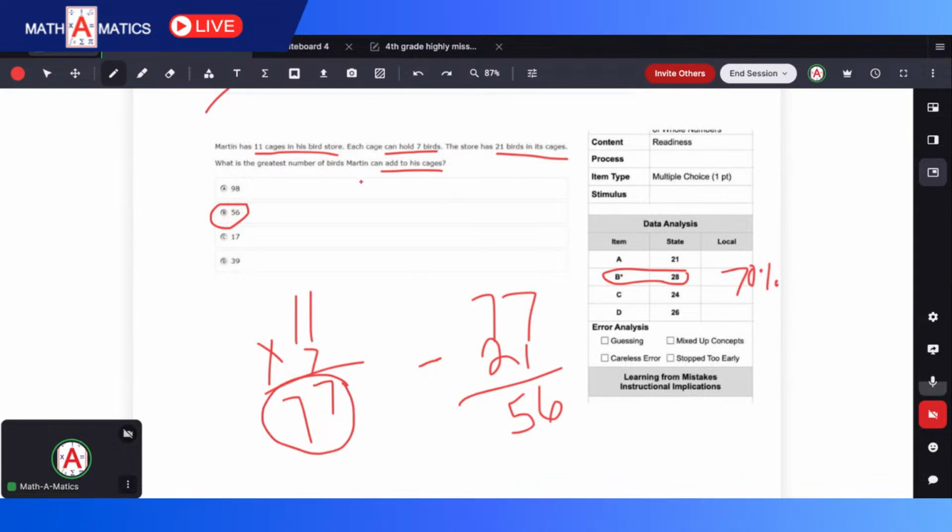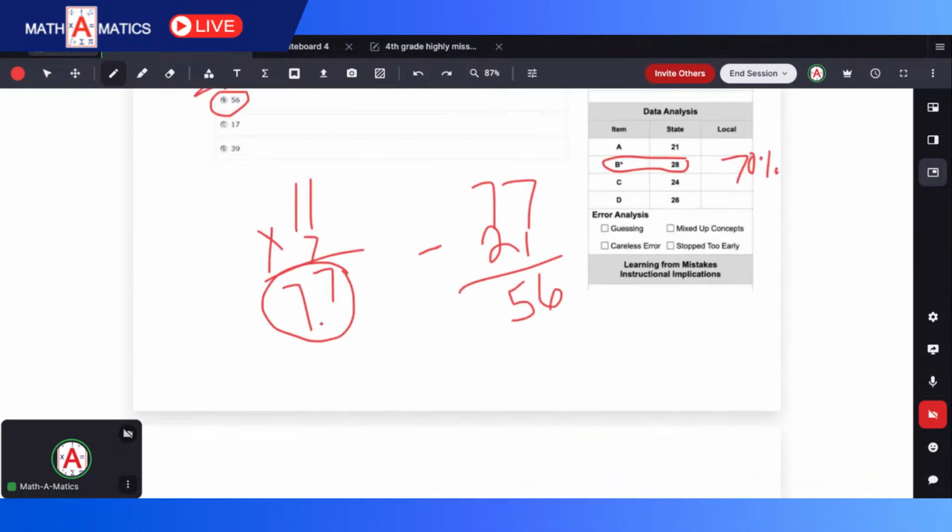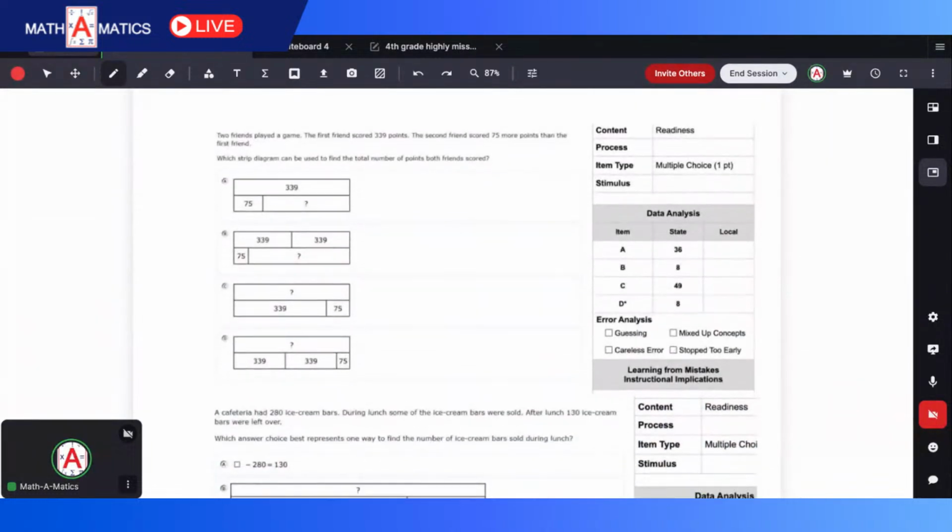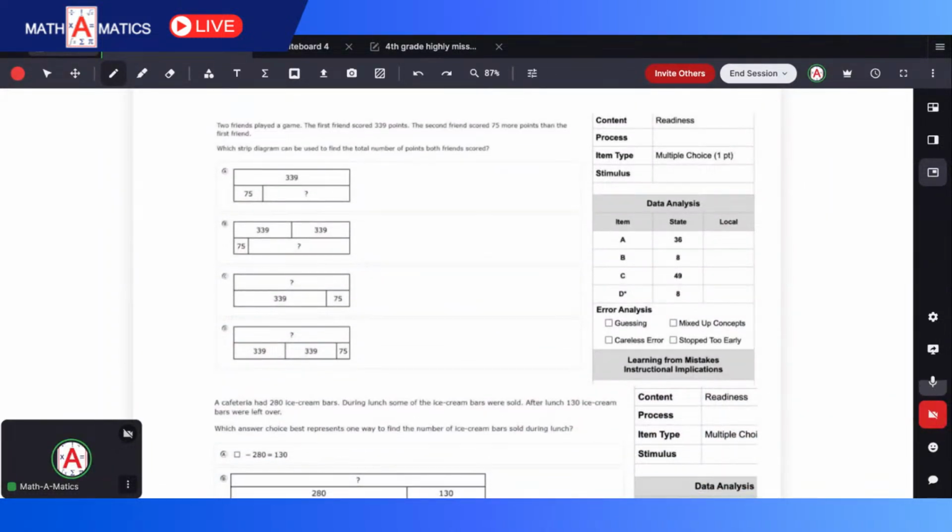They didn't even work on that other part, or they guessed. Because think about it, 21 of our kids picked 98. That's larger than the total number that they could have even had. So I definitely think this is a concept, just understanding and comprehending what they're reading and to do. Sticking with our strip diagram again,